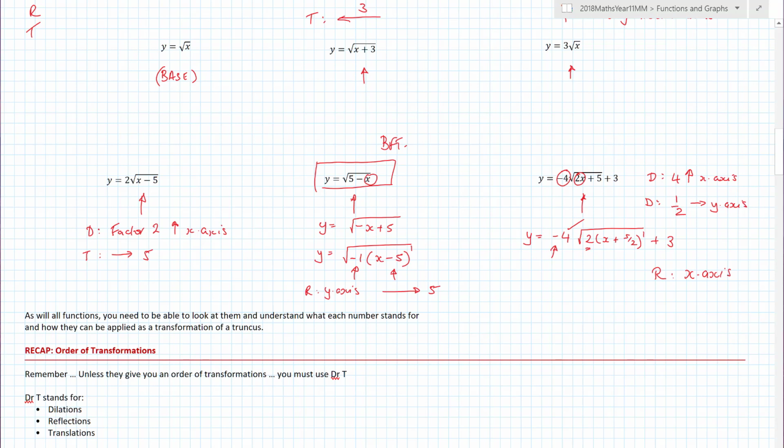And then we have 2 translations. We have a translation which is going to move me that way, 5 on 2 units, and then a translation that way of 3 units. That's the +3 on the end. So being able to break this down is actually going to make our lives much, much easier in trying to